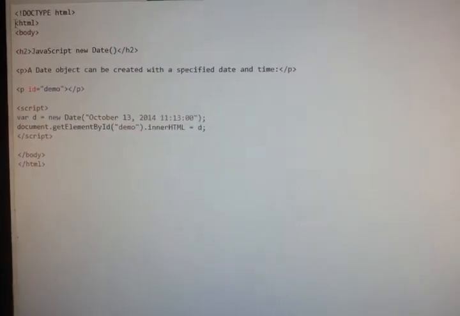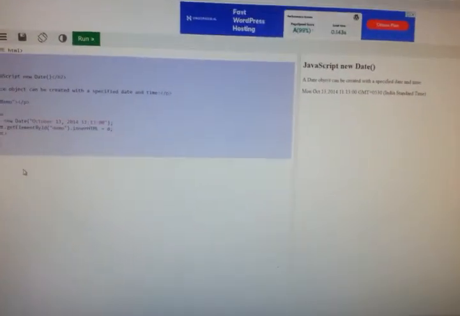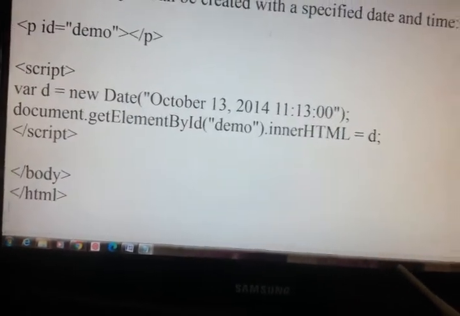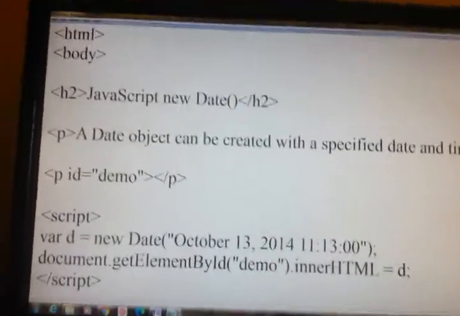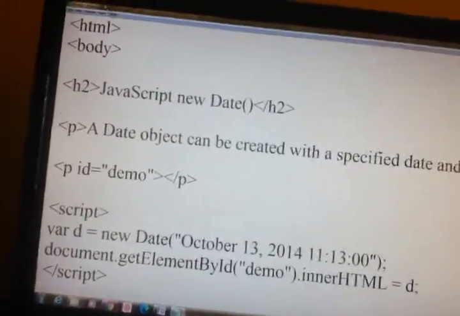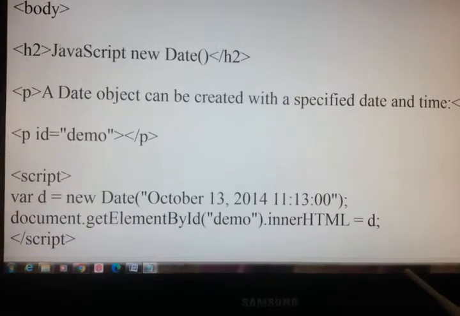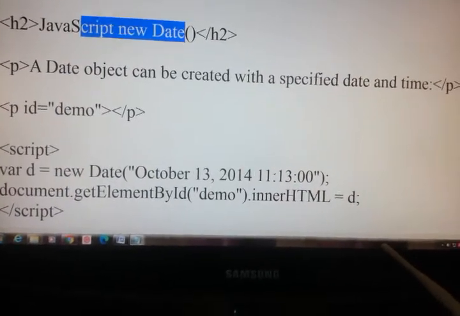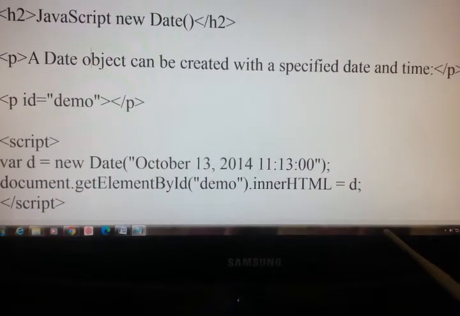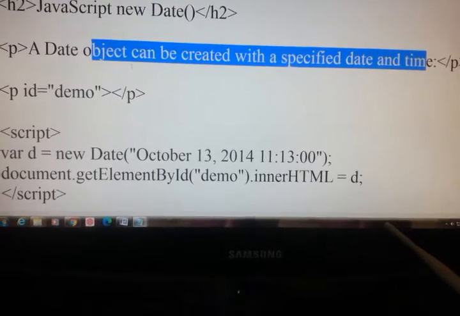If you see this, written HTML body, JavaScript new date, a date object can be created with a specified date and time.